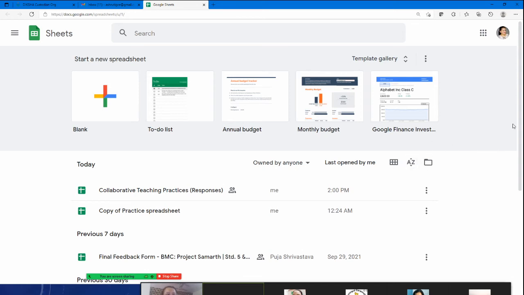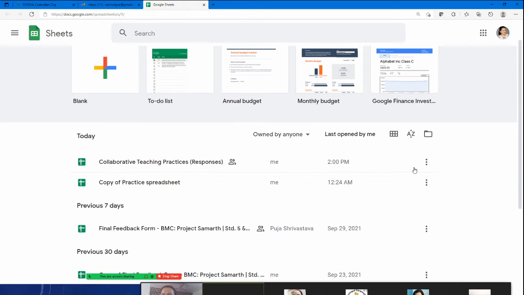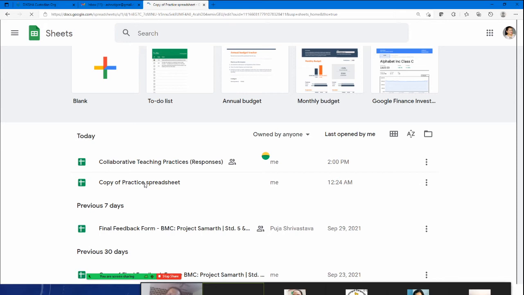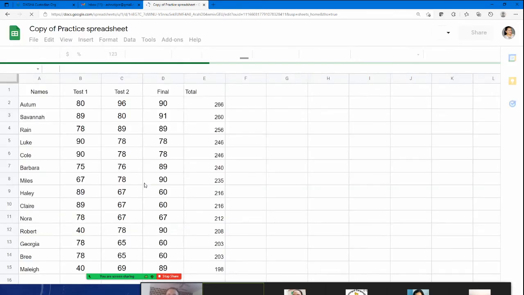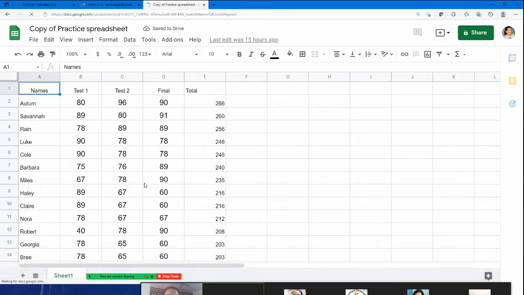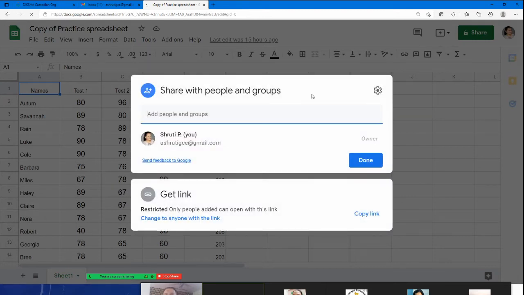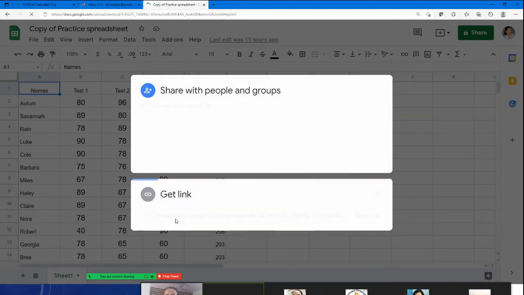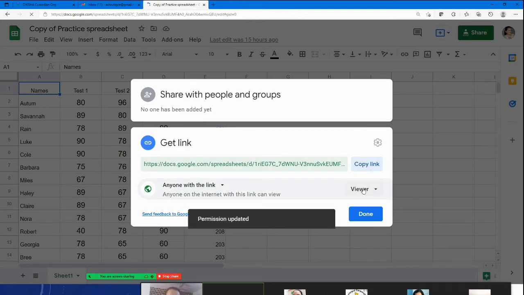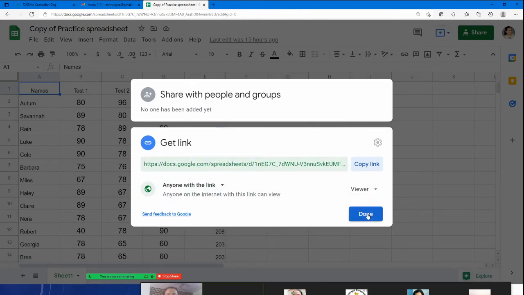So I have already taken one where I've got some data, because we need some data. I have a spreadsheet with me, and I will share it with you all also. But I'm not giving you editing rights. I'll give you the viewing rights, so you can make a copy of it for yourself and practice it. So if you want, you can try practicing with me right now. And if you are not very sure, maybe you can observe, and then we will have 10-15 minutes to do it yourself. So I'll change to anyone with the link, and I'll make you all viewers. You just download it, okay?